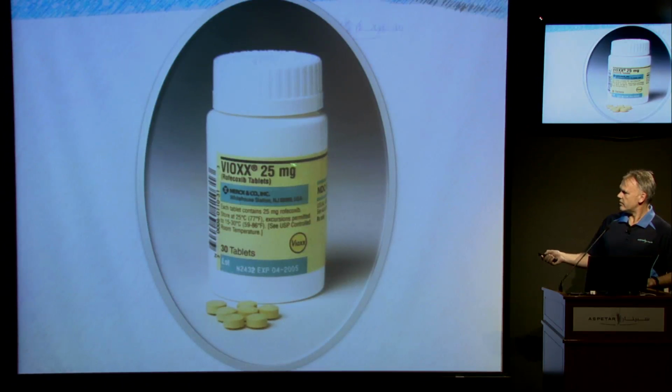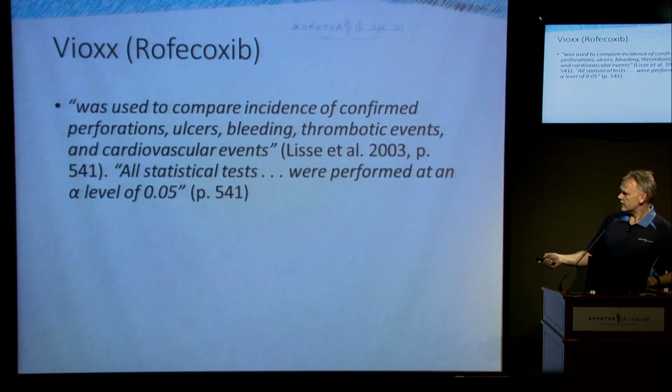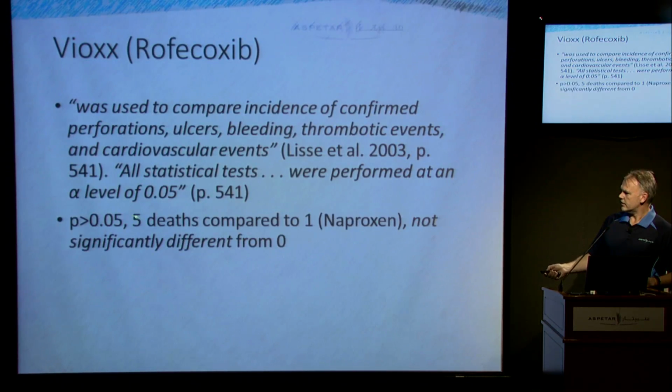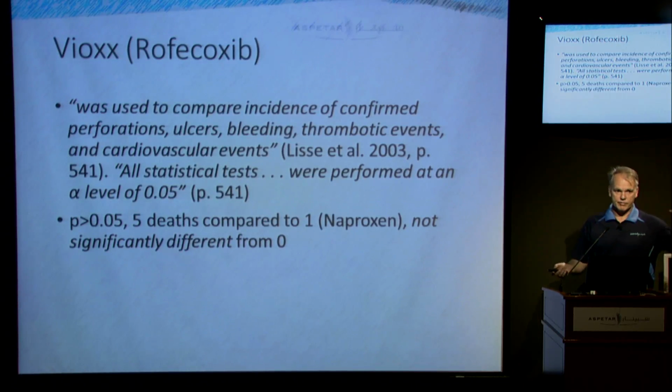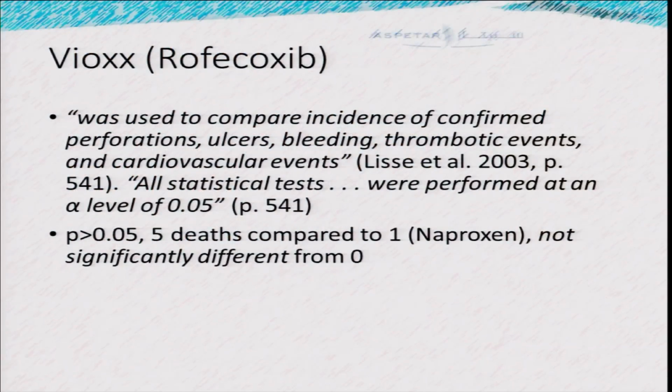So this drug, you might remember, is a COX-2 inhibitor anti-inflammatory that got pulled from the market a while ago. And the story behind why it got pulled from the market largely comes down to chasing p-values. From the original paper, because if I wasn't careful about this, I could get sued over it. All tests were done at the level of 0.05, and it turns out that because there were only 5 deaths compared to 1 in the naproxen trial, that wasn't statistically significant. So a ratio of 5 deaths for every 1 wasn't enough for us to worry about. I think 5 times more deaths than 1 probably is something to worry about, but because it wasn't statistically significant,